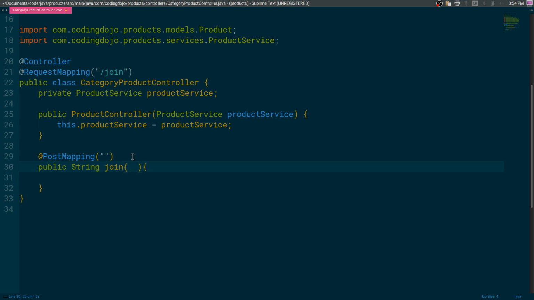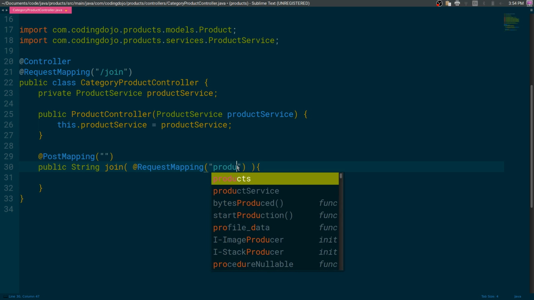You guys remember request param? No. Okay, so instead of path variable, let's use request param, because that's going to be better for what we want to do, I think. Instead of having variable parameters in the URL, we're going to just pull out whatever you clicked on as just an ID. So what we'll do is probably just have request mapping, and then we might call this just product